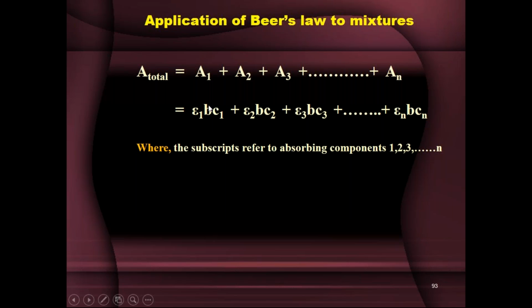So c1 has to be an unknown quantity. C1 can be equal to c2 or it may be different. If both components are present in the same amount in the mixture, it can be equal also, or it could be different. But these are what we need to find out. These are the unknown quantities. So this type of equation can be used for mixtures where the individual components do not interact with one